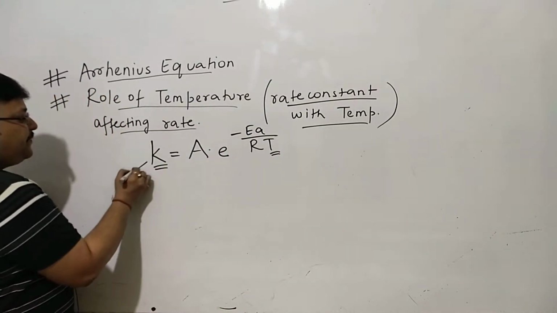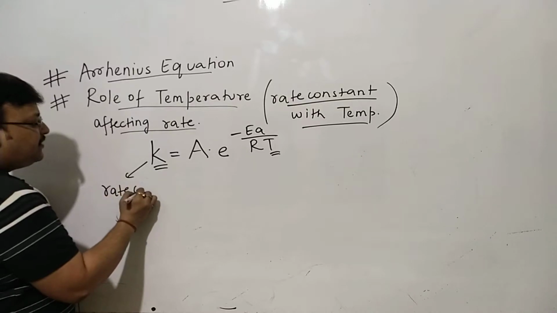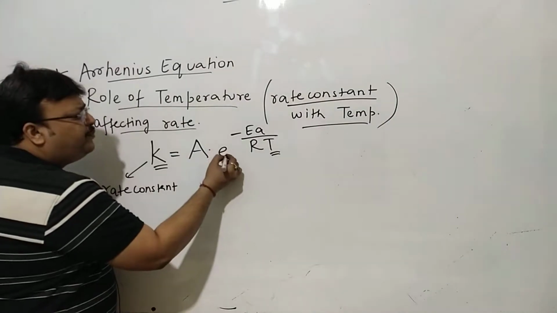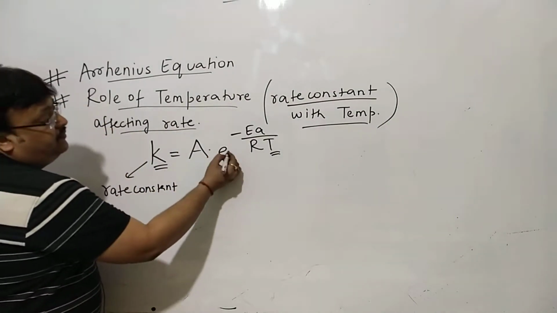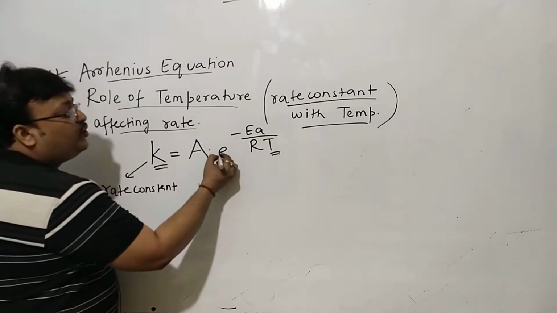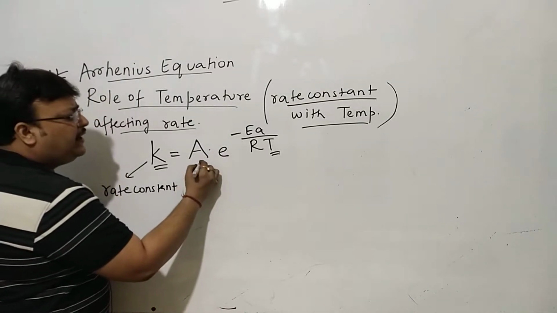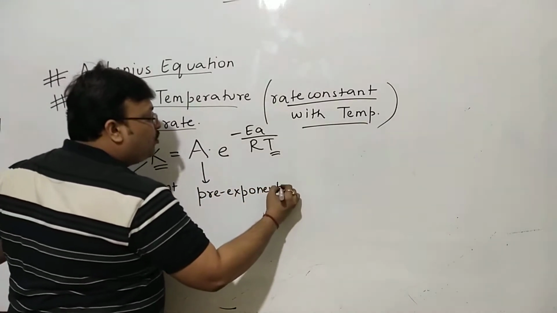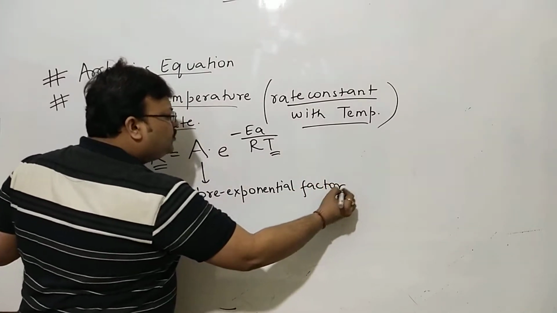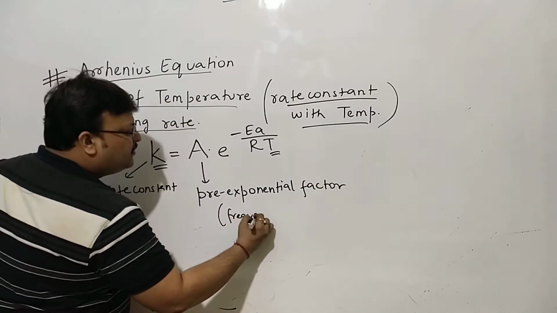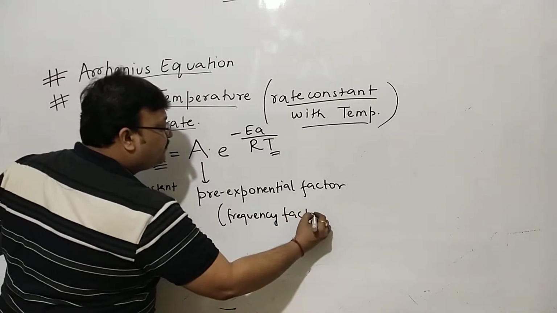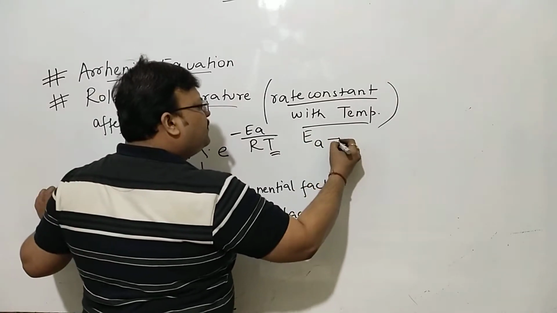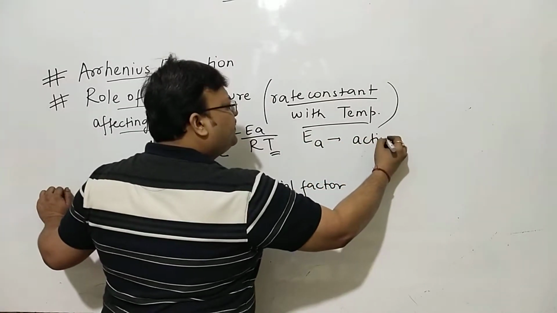This is naturally the rate constant. This is exponential, the exponential which we use in the arithmetic series. The capital A that comes before the exponential e is called the pre-exponential factor. It's also called frequency factor at times. This EA, capital E with A subscript, is very popularly called activation energy,